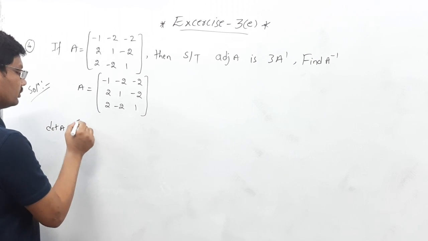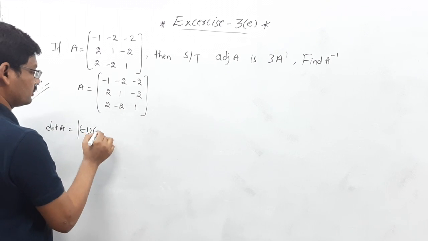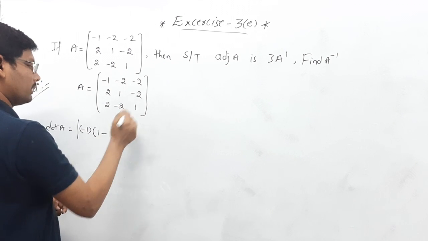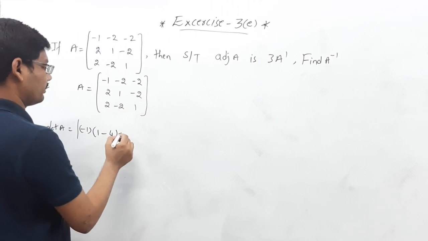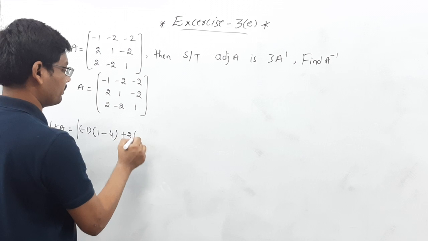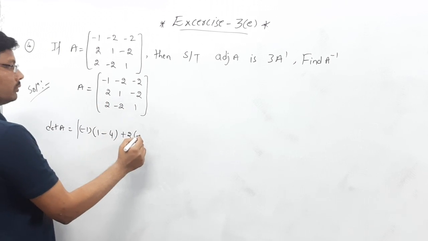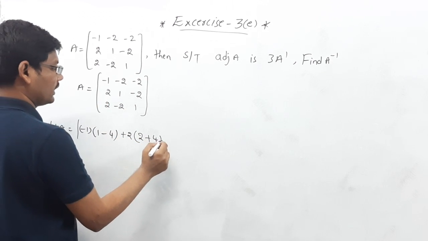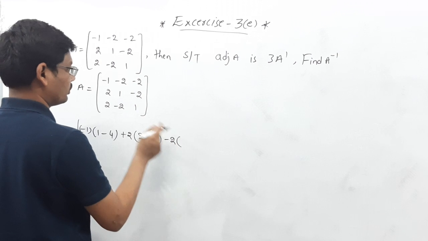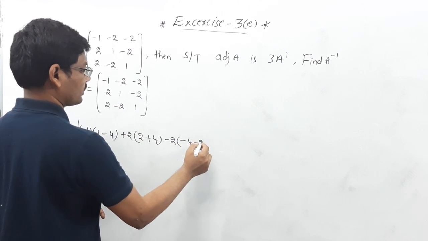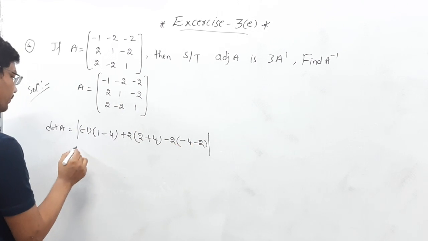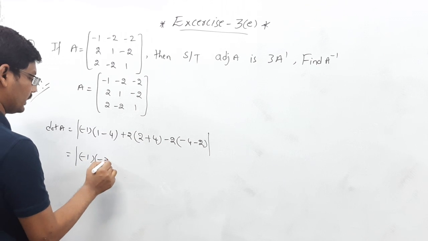Minus 1 into mod of 1 minus and minus become plus 4, that is minus 4, and minus 2 is nothing but plus 2, it will become minus 2, and 2 minus into minus become plus 4, and directly I am substituting here minus 2 into minus 4 minus 2, and it will become minus 1 into minus 3 plus